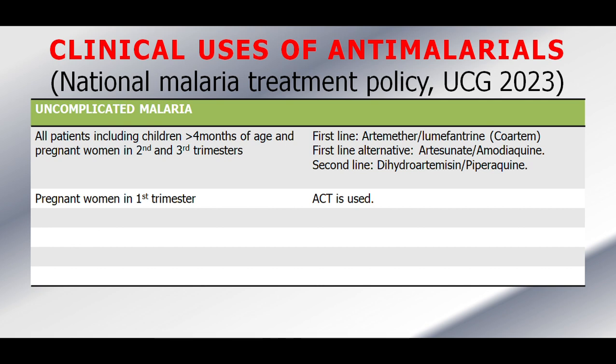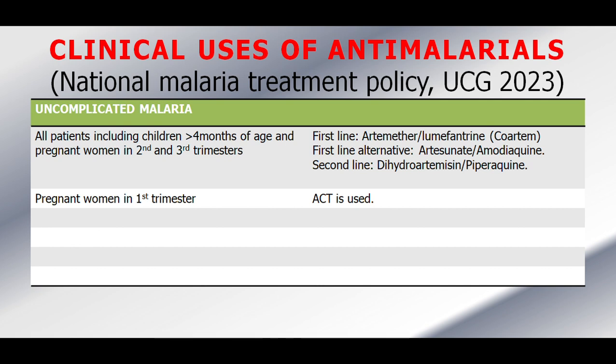Then for pregnant women in first trimester, ACT is used. ACT means artemisinin combination therapy, which may mean either artemether and lumefantrine, or artesunate and amodiaquine, or dihydroartemisinin and piperaquine. So that is the treatment of